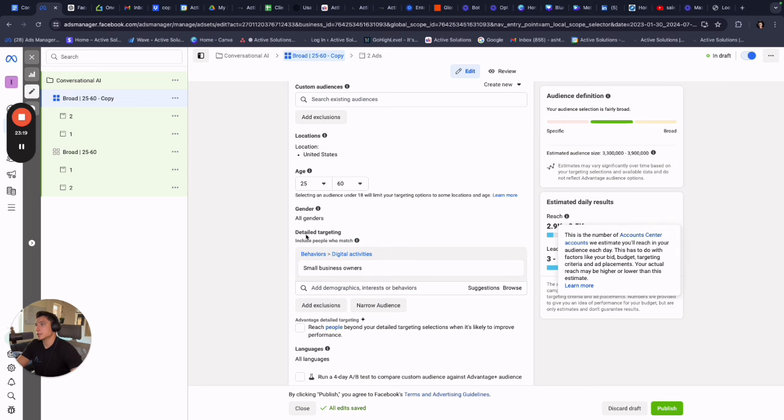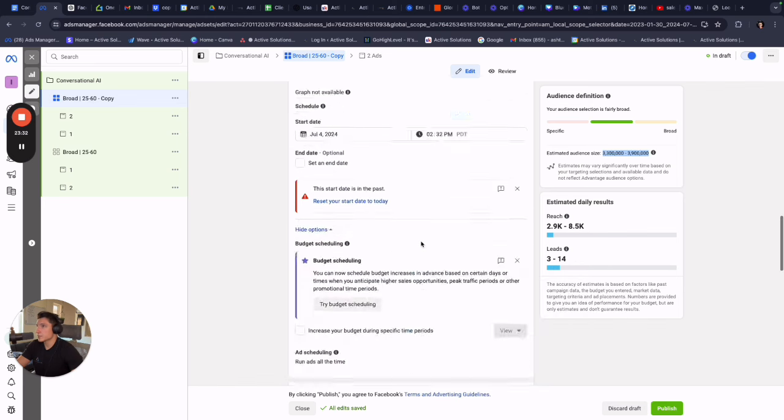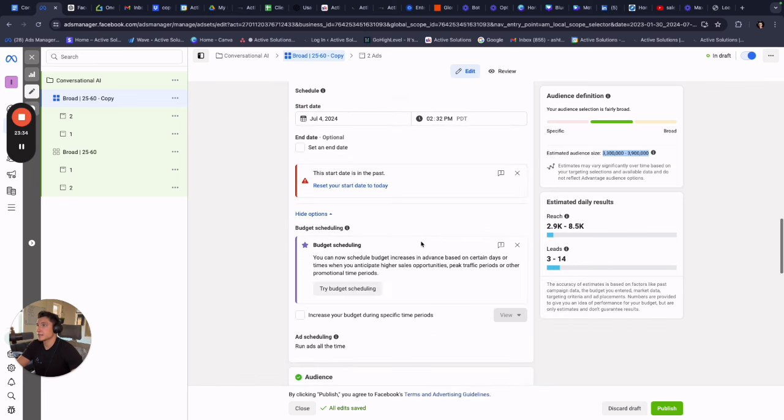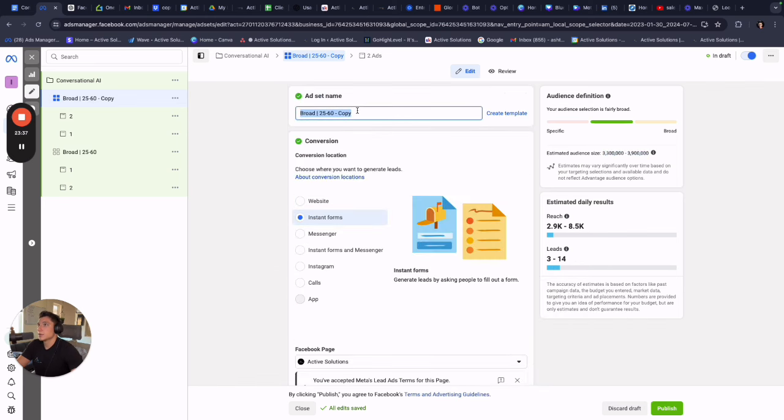So what we're going to do is use this as a behavior to target, and it's still giving us a relatively large audience size, right? It's like 3 to 4 million around there. So it's broad enough where this still might produce some good results if Facebook did a good job at dialing these people down. So now we're going to come back up here and change the name to business owners,